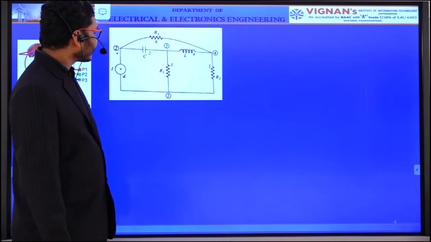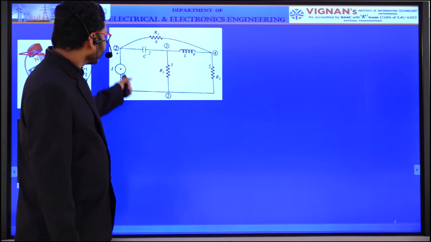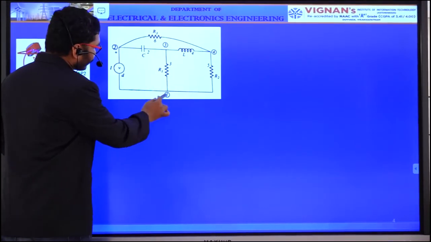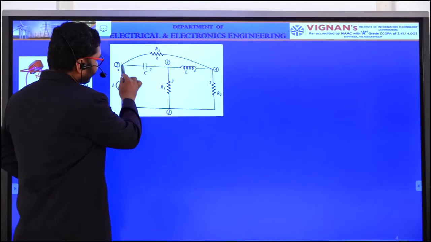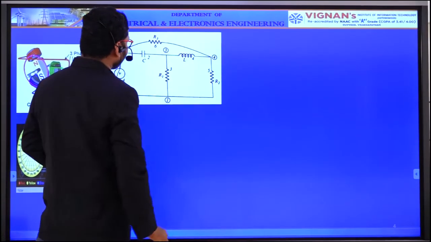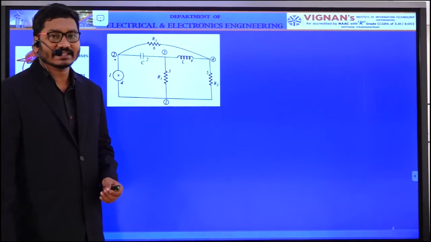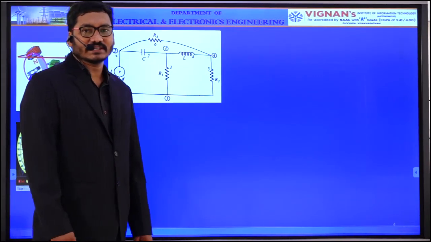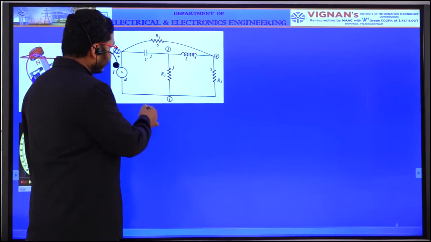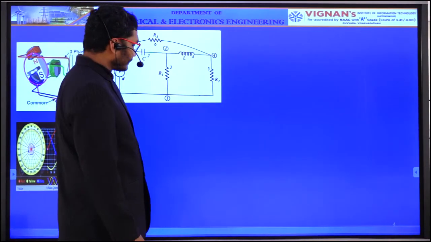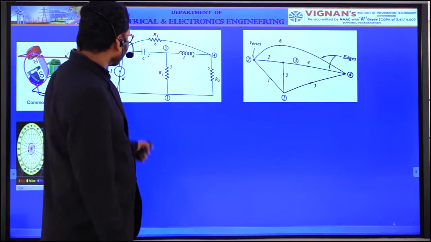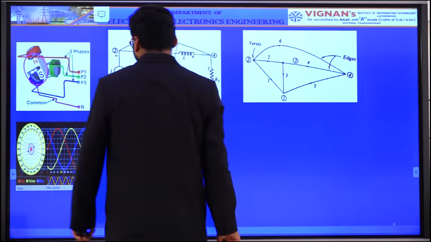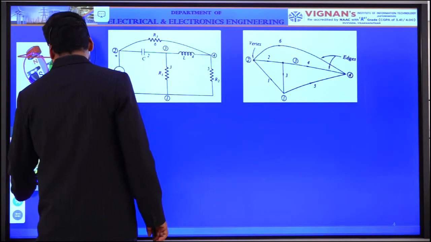In this case, these are the nodes. Say this is node 1, node 2, node 3, node 4. These are the branches: 2 to 1, 2 to 3, 3 to 4, 4 to 1, 2 to 4. These are the branches and electrical elements. As I already told you, electrical elements you have to replace with short circuits, a voltage source with a short circuit, and any current source with an open circuit. Suppose between 2 and 3 there is a capacitance. It means just replace it with a branch.